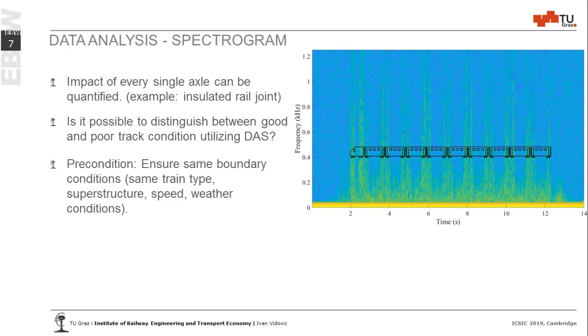But as we've seen and I've said before, each train creates a specific sound. A heavy train, a large train, and therefore you have to ensure the same boundary conditions. You can also compare like with like. So the same train type, same superstructure. If you compare the signal of a wooden sleeper with a concrete sleeper, it is a different one. It will differ. And of course, same speed. You have to guarantee that the same speed is